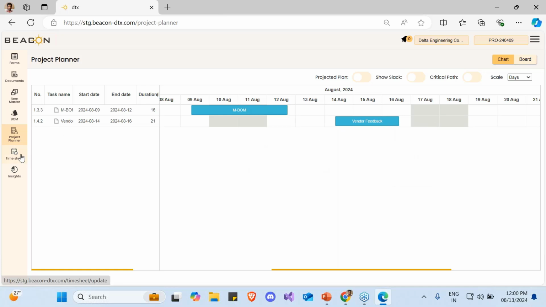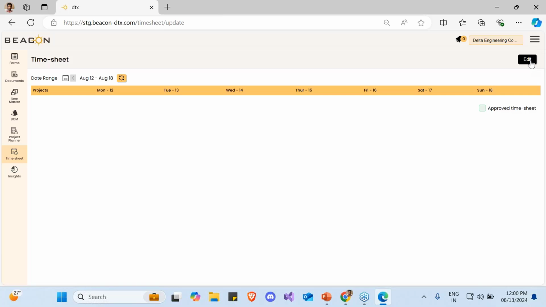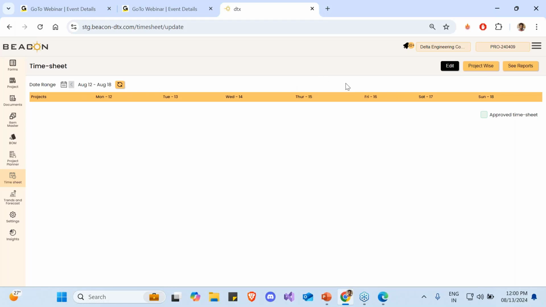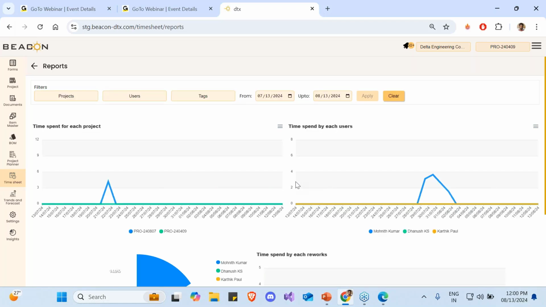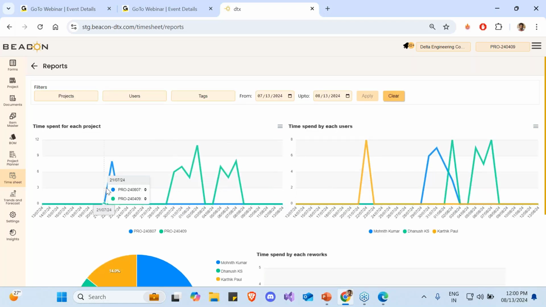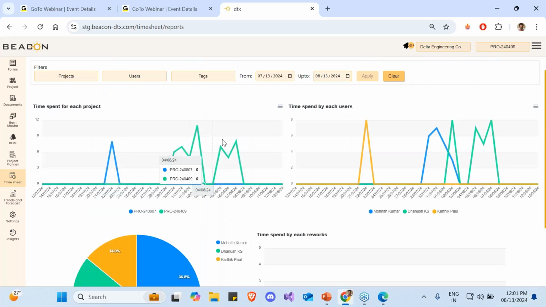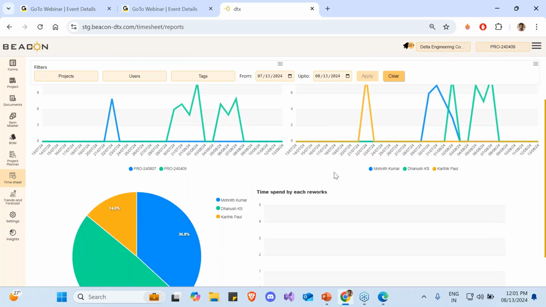On top of it, they will be able to go to the timesheet and fill it in, so that you will be able to track how they're performing and how much time they spent. The advantage of having this is that you'll be able to see when the user worked on the task. So how do I know that? Let me go to reports. Here I can see that there are two projects running, and for each user, when they have spent their time and how much time they have spent across. All this information can be seen. This can be seen even for the vendors, where the graph will show when they worked and how much they have spent.